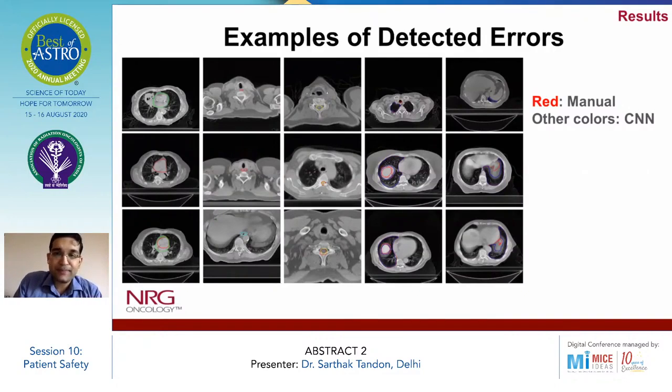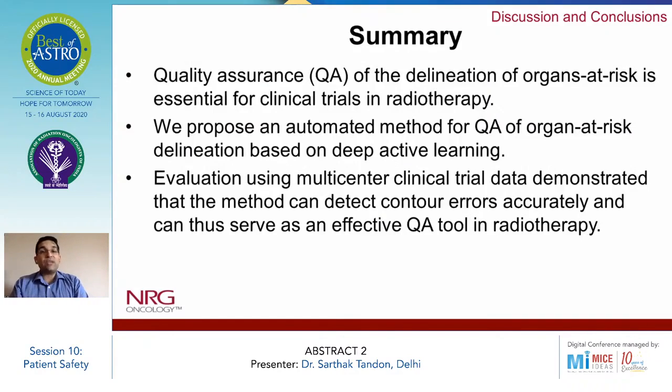Next, please. And now to summarize, what the authors wanted to say was that the quality assurance of the delineation of organs at risk is essential for clinical trials in radiotherapy. They proposed an automated method for QA of organs at risk delineation based on active learning. The evaluation using multi-center clinical trial data demonstrated that the method can detect contour errors accurately and can thus serve as an effective QA